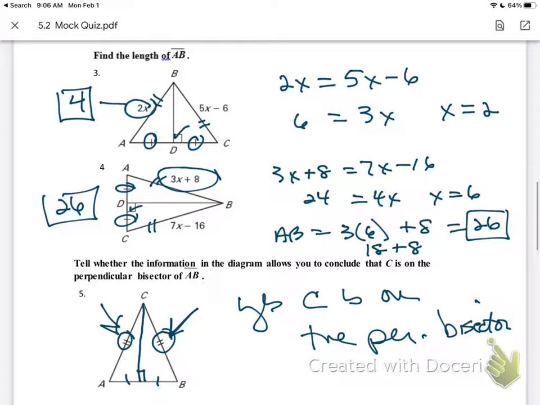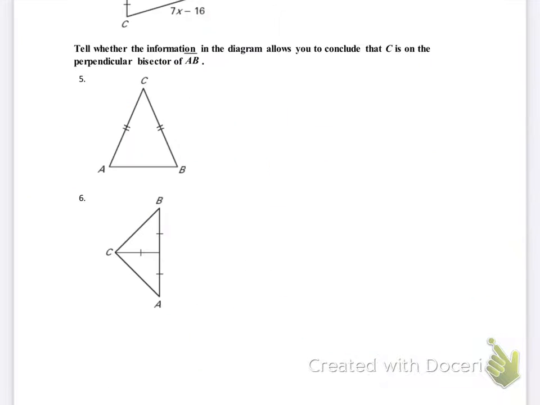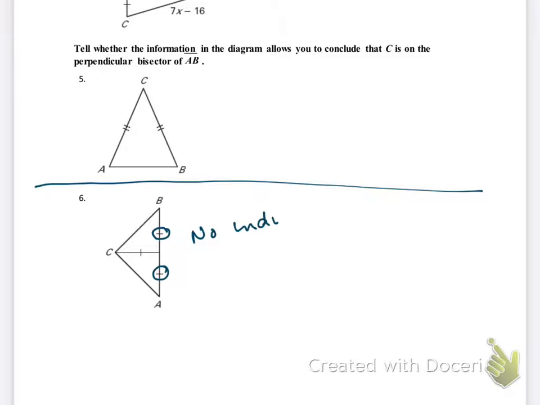If you would have drawn it in, you would see that it does fall on it, because when it falls on it, what happens is you set up an isosceles triangle. So let's go to the next problem, and we'll talk about that one as well, because that answer is a no. It's on the next page. Okay, so looking at number 6 now, do you see that all I know is that this is equal to this? There's no indication